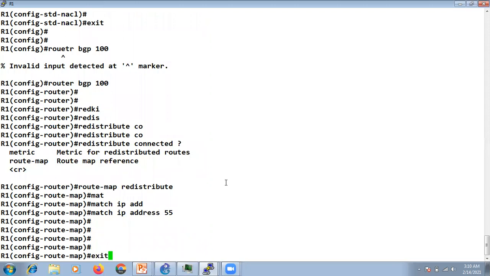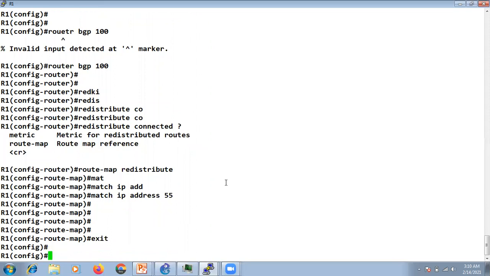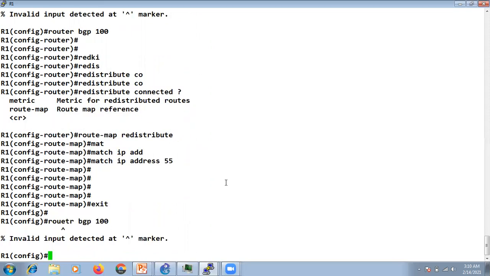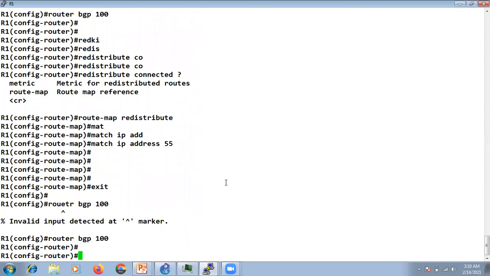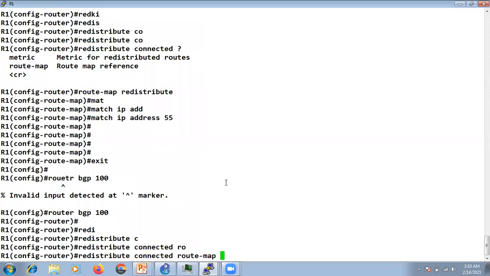So now I will go to router BGP 100, router BGP 100, redistribute connected. I would say route map, and the route map name was redistribute, right?